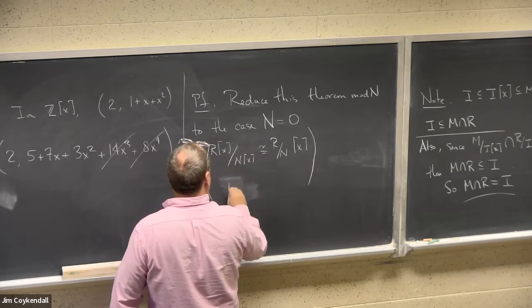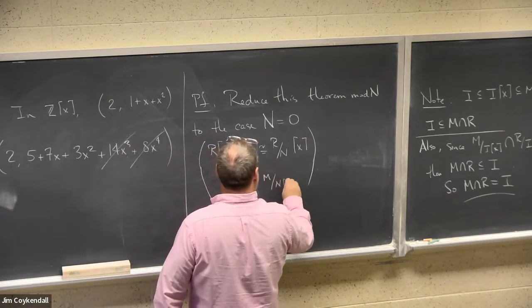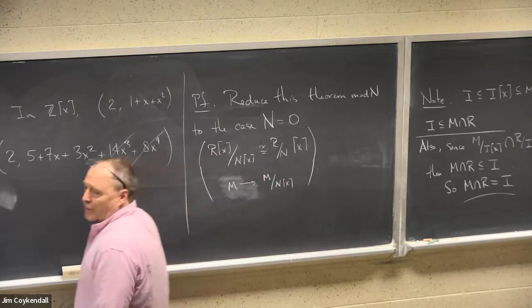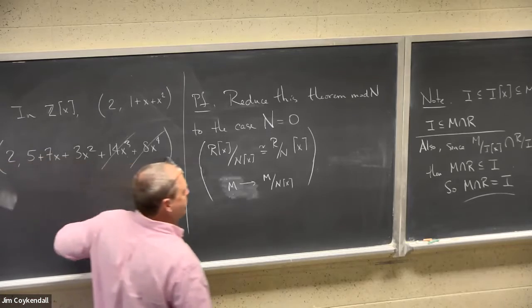Right, M is reduced there. So basically just quotient out by n. So this problem now becomes M mod n in (R mod n)[x], and the n becomes 0, right? And notice that this is now a much easier theorem,